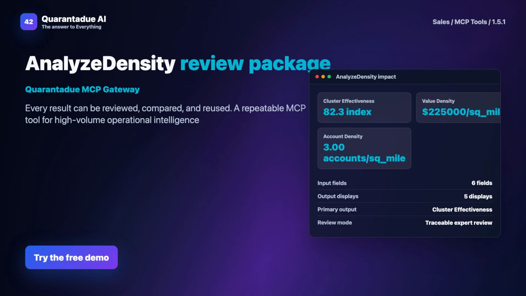In summary, AnalyzeDensity provides a systematic way to optimize sales territories by uncovering high-potential clusters. It saves time, improves accuracy, and drives better sales outcomes through objective analysis. If you're ready to transform your territory planning,